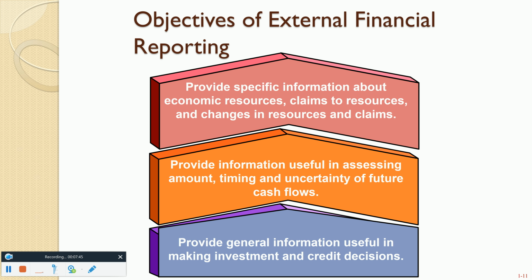And what we're going to concentrate on in this course is the external financial reports. The external financial reports, really briefly here, and we're going to talk about this in depth as the course goes on. We have number 1, something called the balance sheet. Number 2, another statement called the income statement. Number 3, the stockholders' equity statement. And number 4, a cash flow statement. And those are the 4 financial statements by the end of this course you're going to be able to put together.